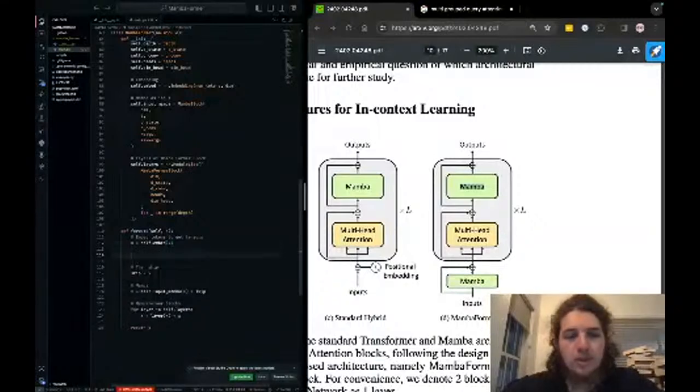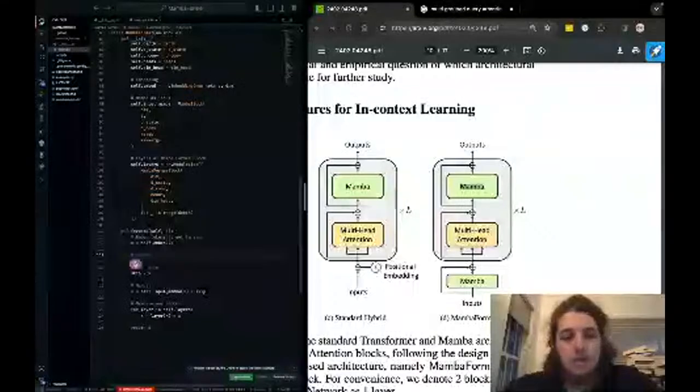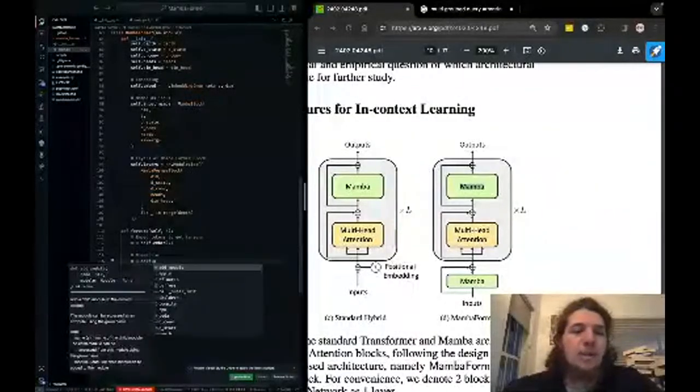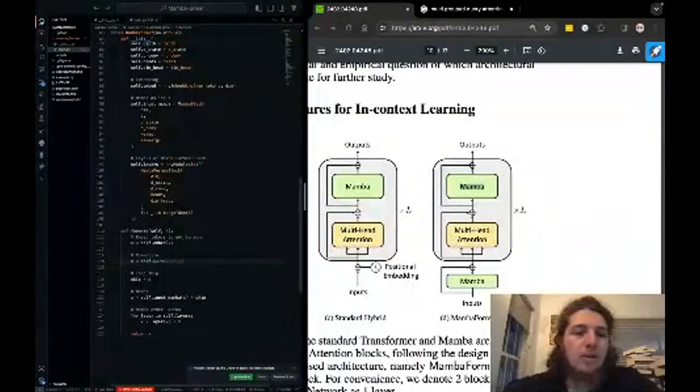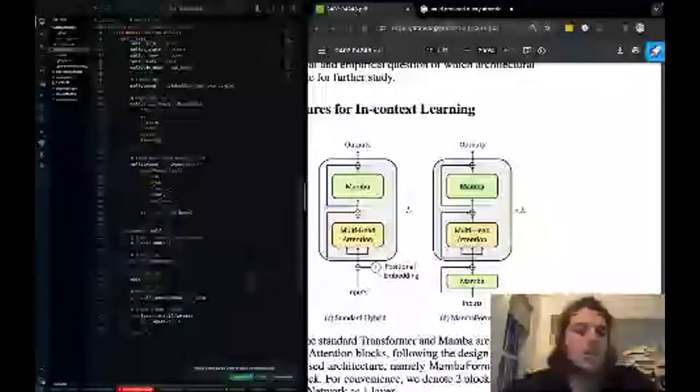There are a couple of cool tricks you can do here to make this actually train. So we're going to normalize this. Every time after you embed, it's common practice to normalize.